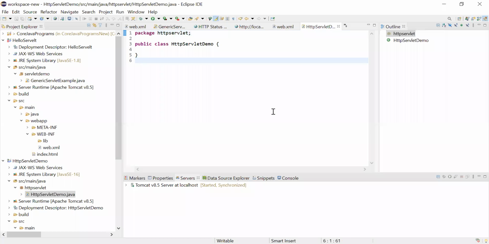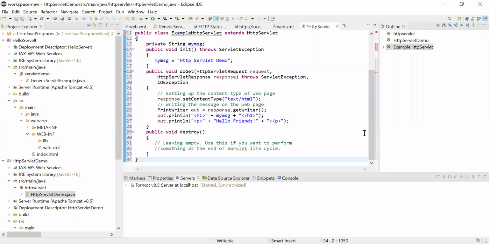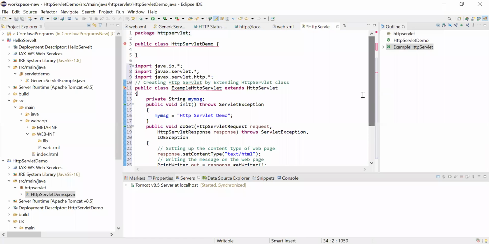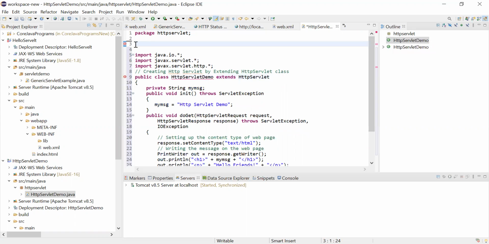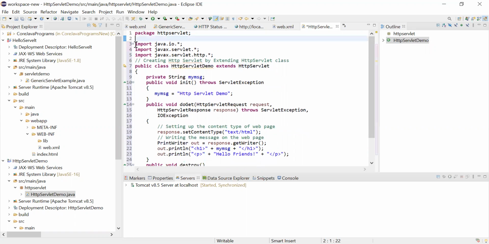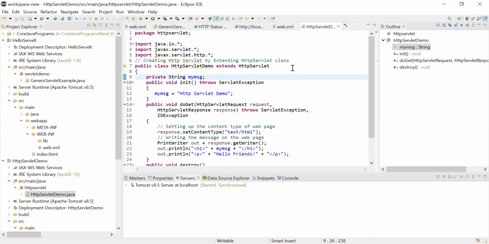I'm copying some code here, it's HTTP servlet related demo stuff. So copy this class and replace with this one. I'll explain this one.